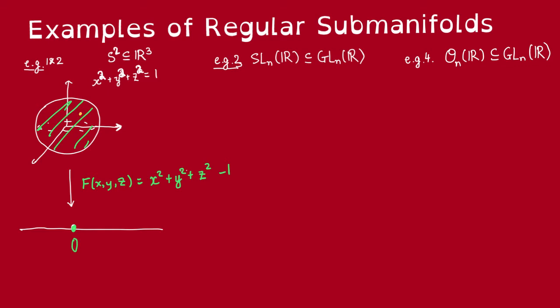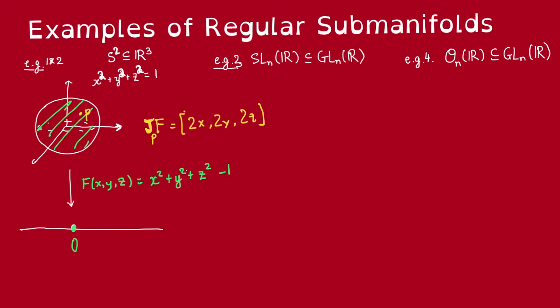In other words, for every point P in the fiber, we need to check that the Jacobian of f at P has full rank 1. Now the Jacobian of f is just given by 2x, 2y, 2z. So the only critical point of f is the origin, but the origin does not lie on the sphere. So the sphere does not contain any critical point of this. And so 0 is indeed a regular value,